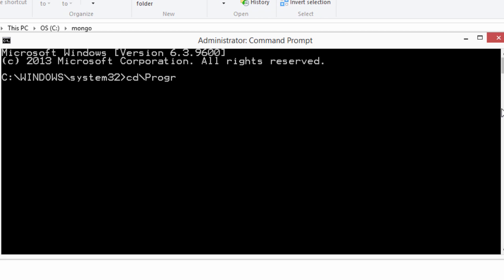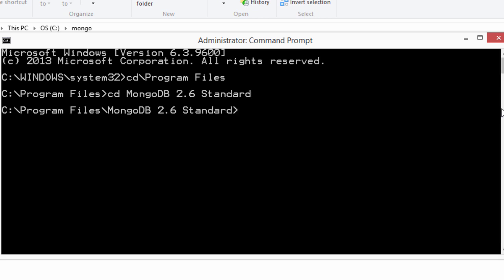Now let's go into Program Files and the MongoDB 2.6 standard folder. And let's create a configuration file first.